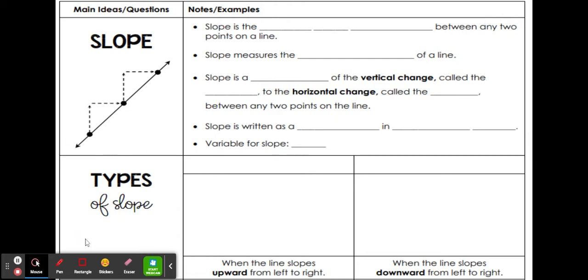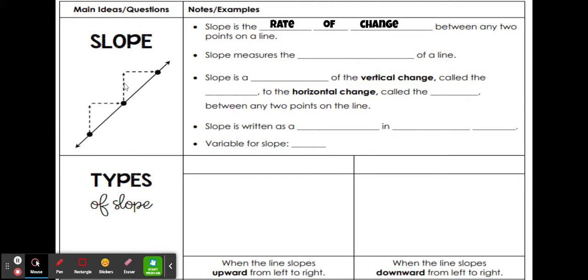Hi everyone, today we are going to talk about slope and how that relates to the steepness of a line. And that's pretty much what it is. It is talking about the rate of change between any 2 points on a line. So even if you've gone skiing or sledding, you and your friends have described the slope that you are going